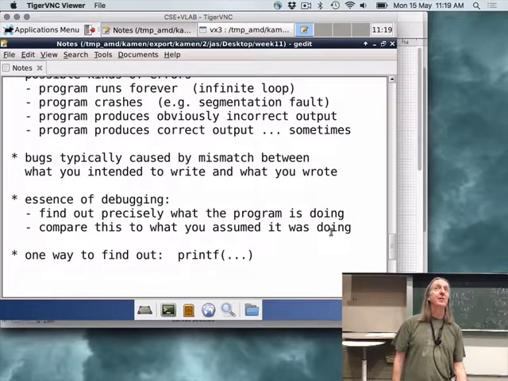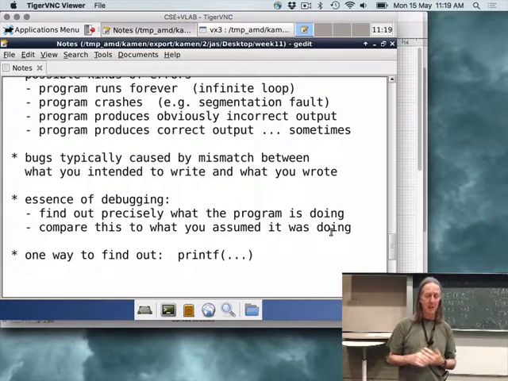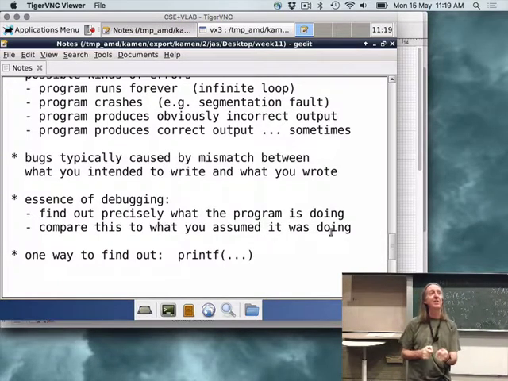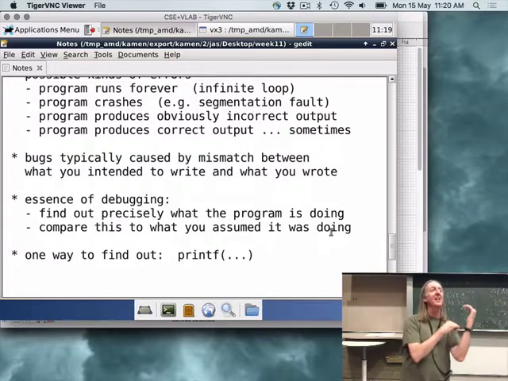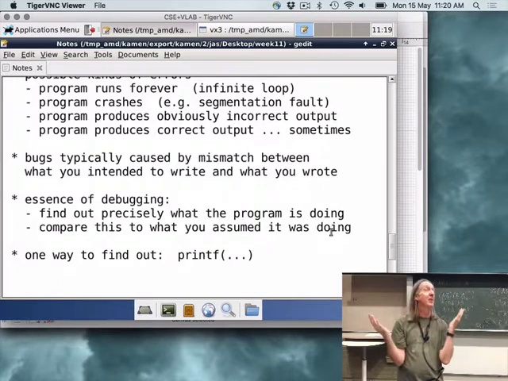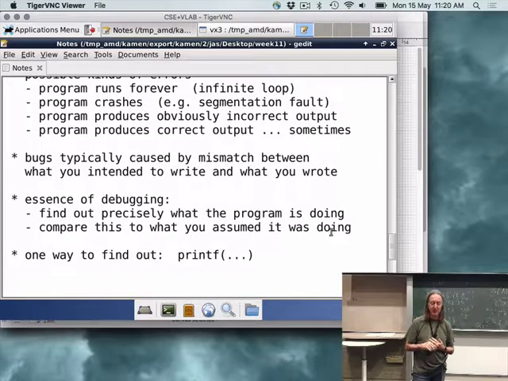Critical to this is to find out exactly what the program's doing, and that basically means tracing the values of variables. And one easy way to do that is just to stick in some printf statements. I say that's an easy way to do it, but it has the annoying side effect that sometimes when you add printf statements to the code, the bug goes away. Because you've rearranged what's happening in memory and you just happen to have moved some global object out of the way of getting smashed by a bad piece of code.